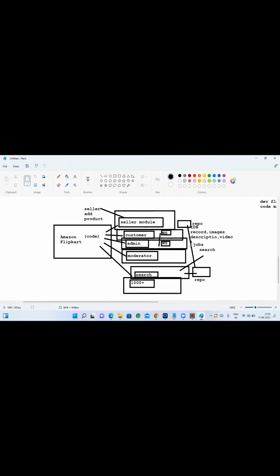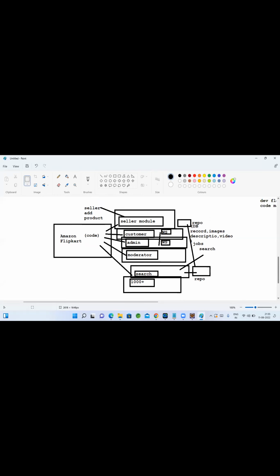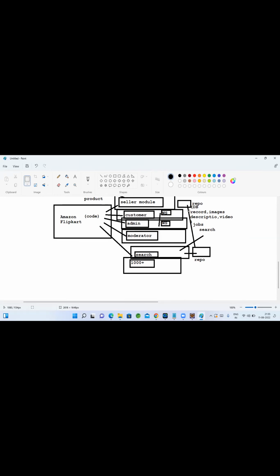Otherwise, some systems will sync the data. One system's data will sync into another system using some timer jobs. There are many tools for doing this also, to pass one system's data to another system. In a big enterprise organization, this is the daily process that they do. Many systems, at nights, many jobs run to sync the data from one system to another system. That's their internal process to sync the data.